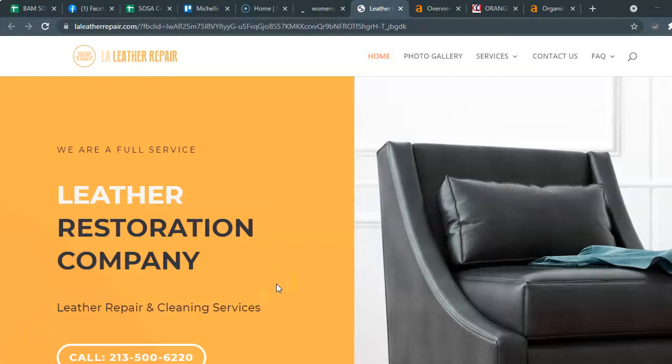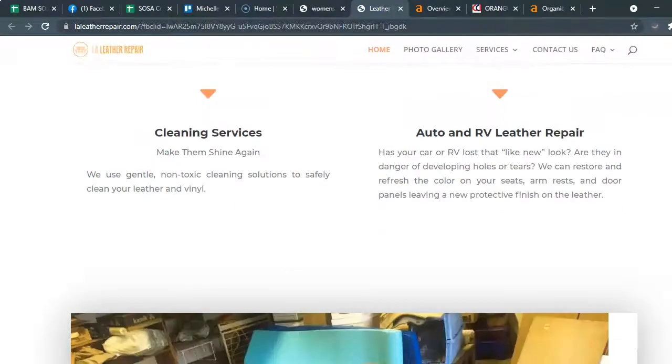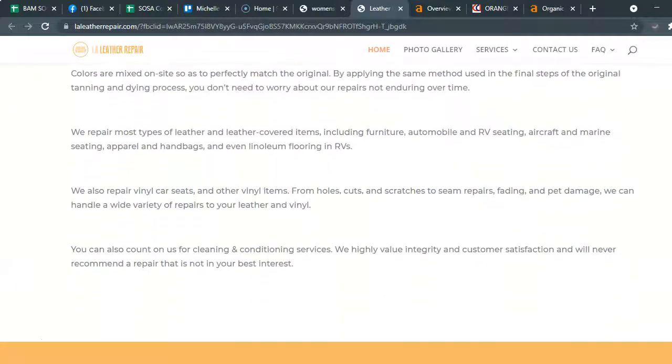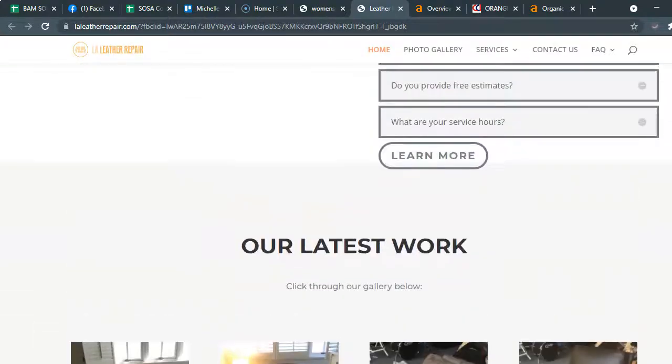So basically what I'm going to be talking about is tips for search engine optimization and how to rank in Google. Generally there's on-site optimization that takes place within the website, and then there's off-site optimization. With the on-site optimization, first of all, you want to have about 1,500 words on this front